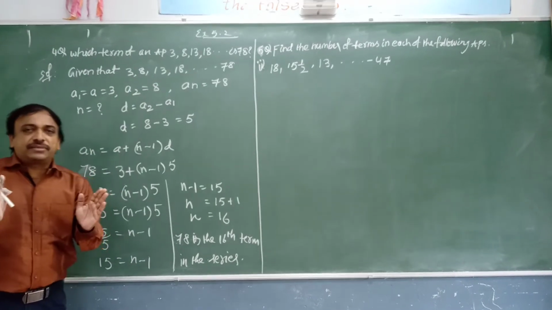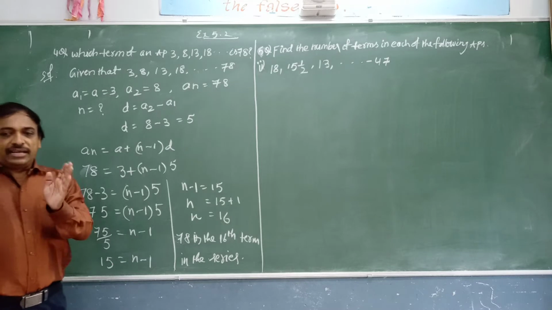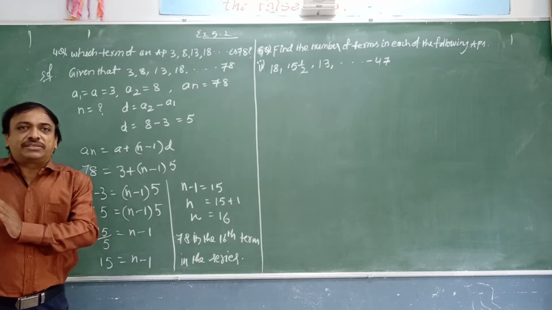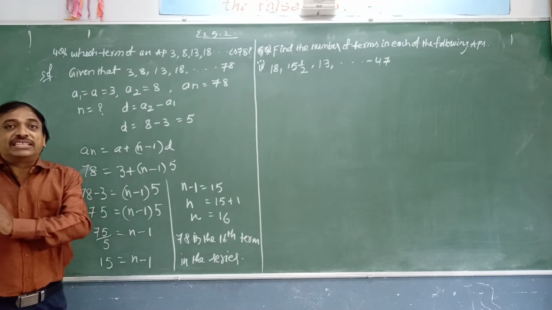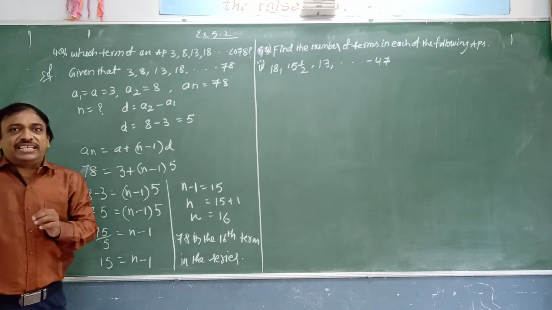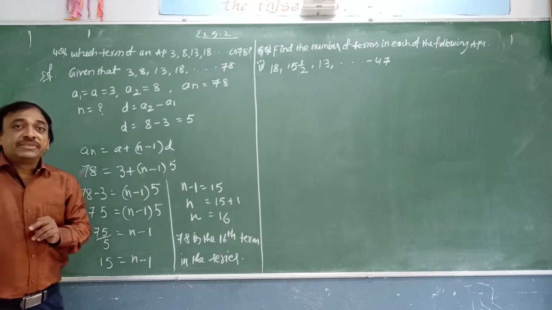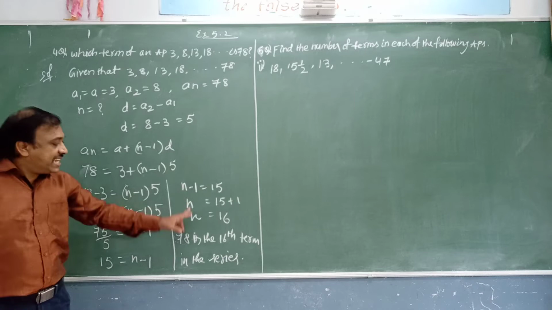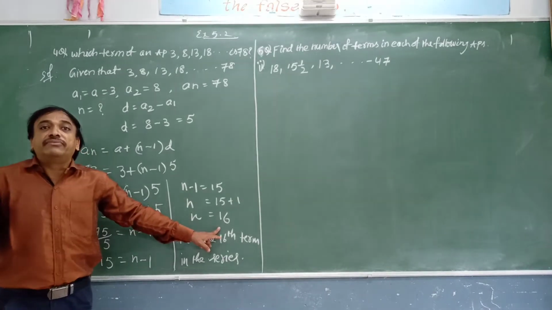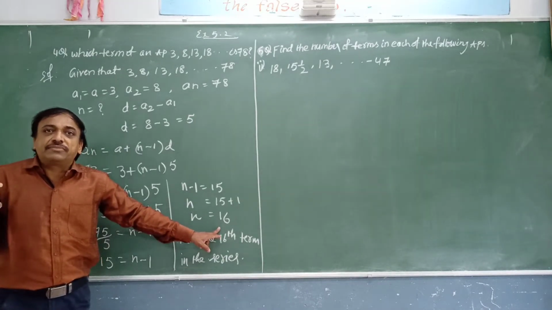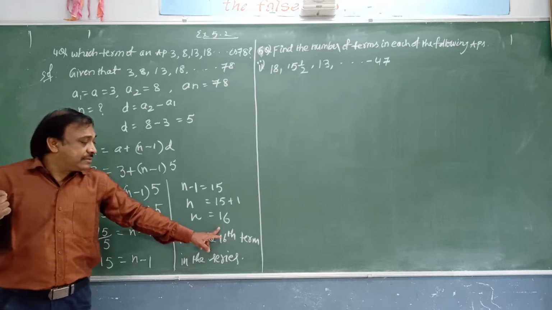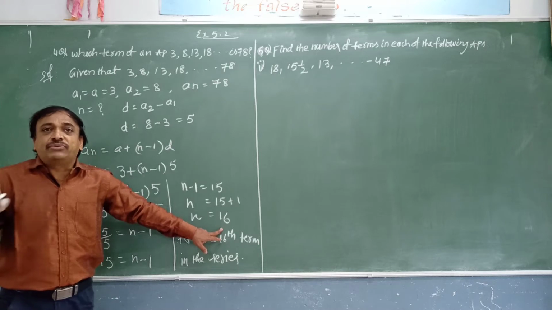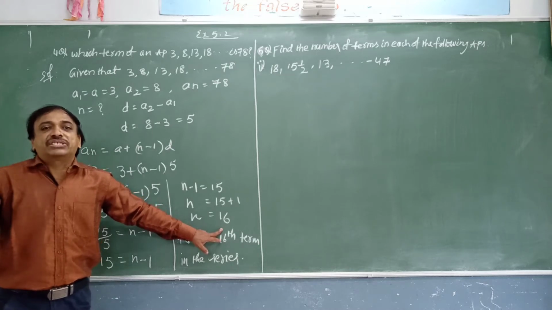Number of terms. I have one question, I think the 5th or 6th question: is 150 a term of the arithmetic progression? That means, is 150 in the series a term or not? How do you know? Again you have to use the same procedure, but the n value, the number of terms, is always a whole, positive number. n will never be negative, and n will never be a fraction.